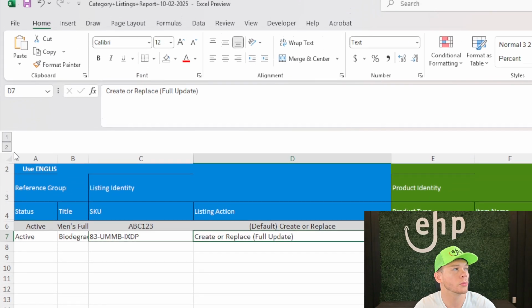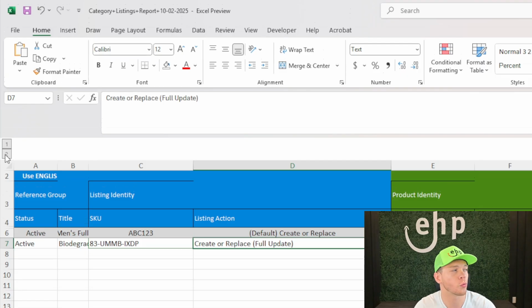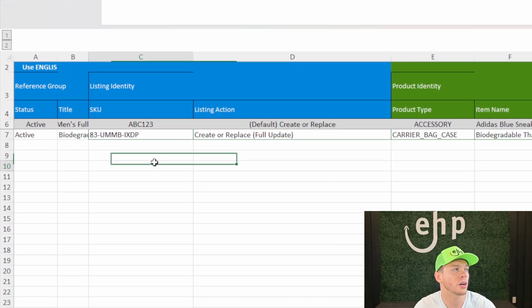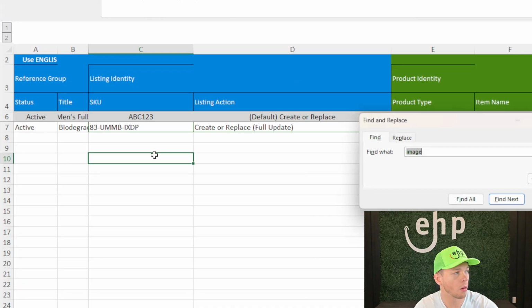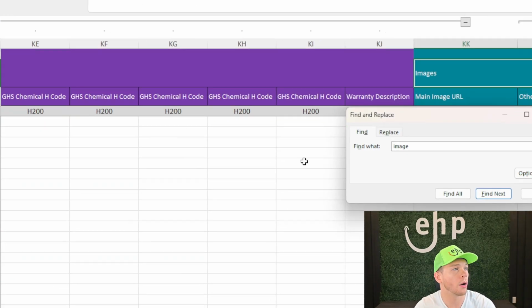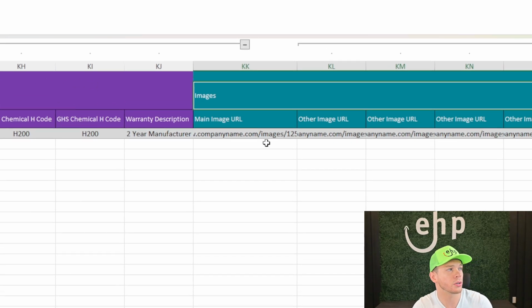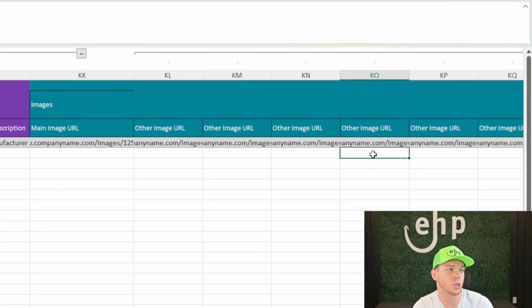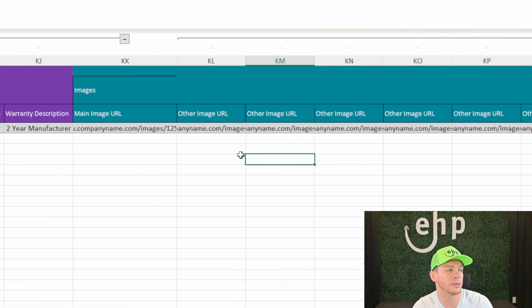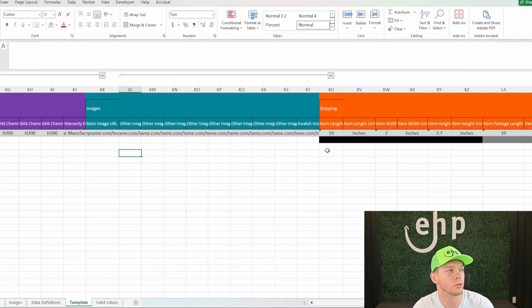I'm going to go to column 2. I'm going to press this button right here, click that, and then you're going to do Control F, and then you're going to type in image. Now it's going to take you to all the images. So now you need to upload the images, right? And it's going to do a full update, and you definitely need to do this in order for it to